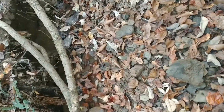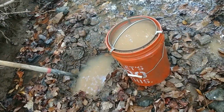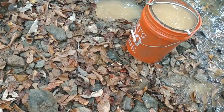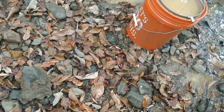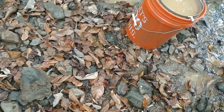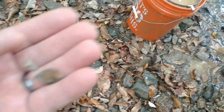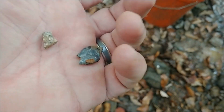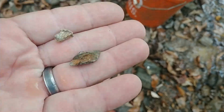I've moved upstream a bit. Didn't have any luck just cleaning bedrock and detecting. I did find a piece of lead and a bullet. Let me pull it out of my pocket. So those gave me some pretty good signals there. But lead. Anyway,